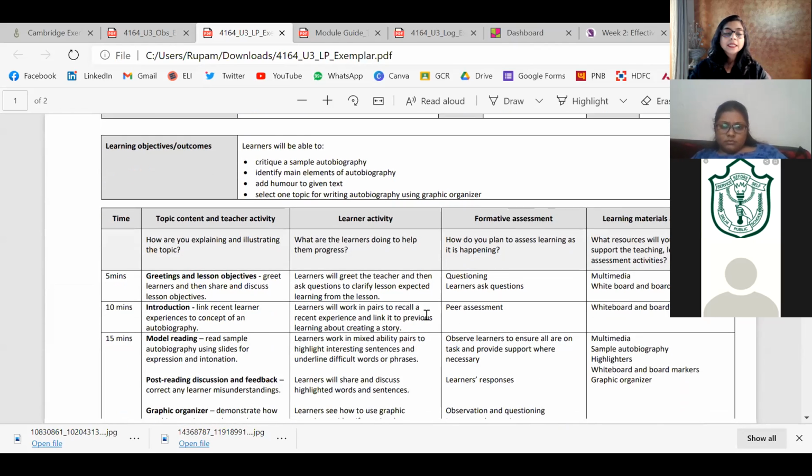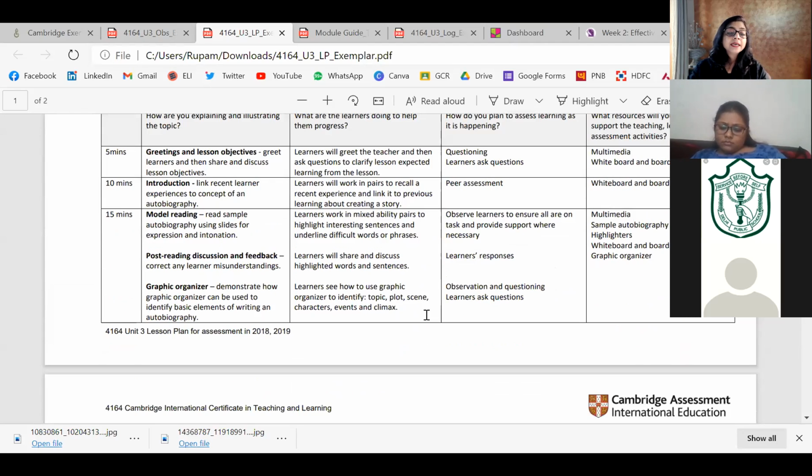Now the thing which we have to reflect upon is how do we convert this into an online lesson plan? Okay, so suppose you want them to go ahead and do this autobiography reading, right? Do you think you would like to make the pairs beforehand and make the children do this as pre-reading work, not in your online teaching, but something which they can do as pre-reading? Okay, it's something which is a flipped activity.